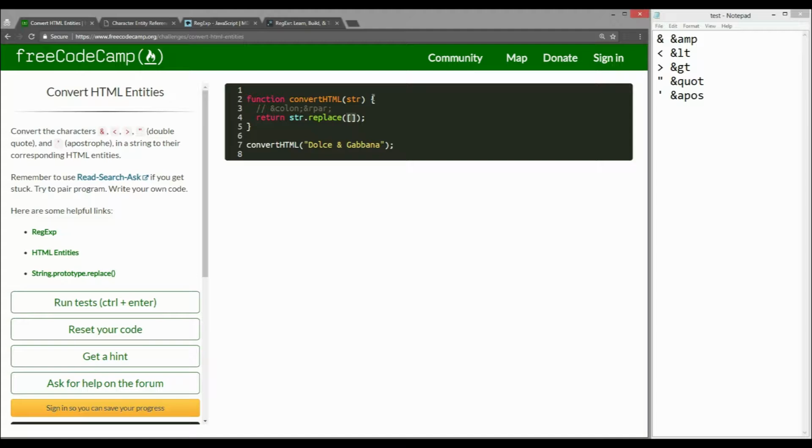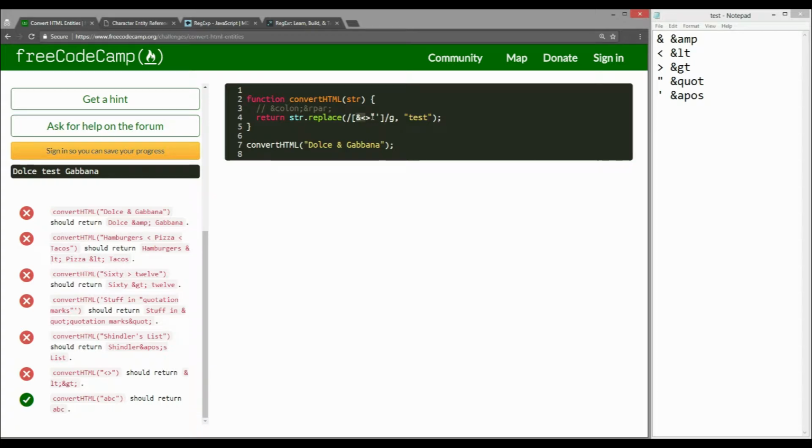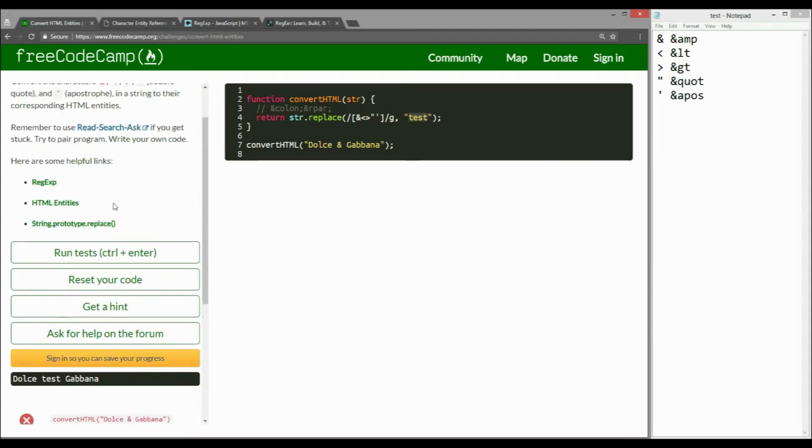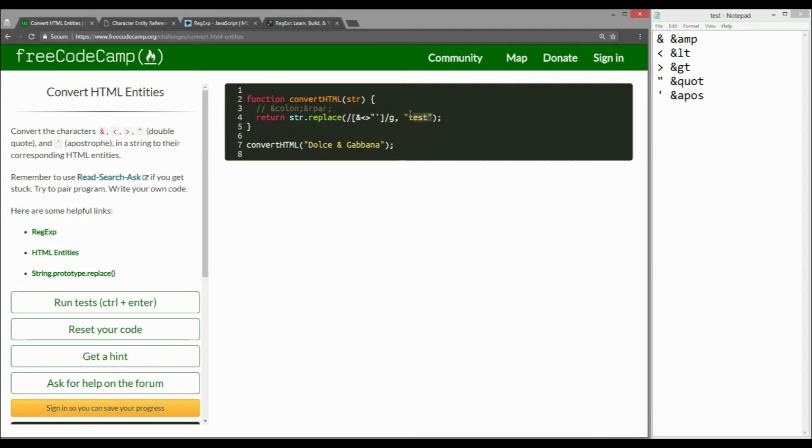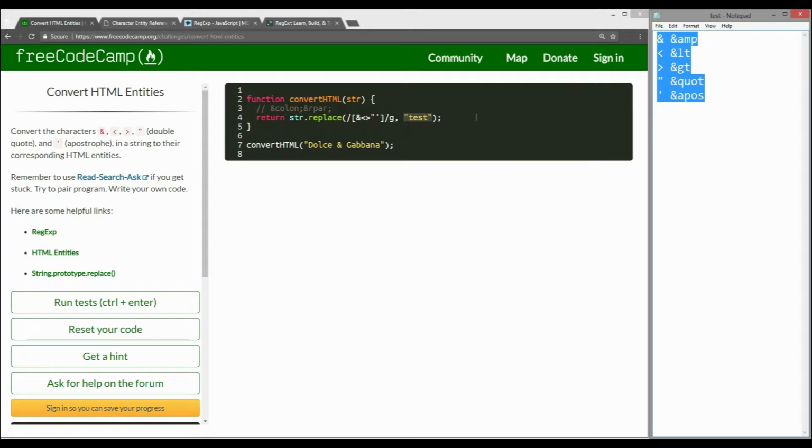So string replace takes regular expressions to do this. We're going to do a global search, and whatever we want to match goes in between here. In here you have a character set for ampersand, less than, greater than, double quote, and apostrophe. And once we find it, what do we want to do? In here, rather than typing a string, for example you can just type test and run it, and you would see how as soon as it finds any one of the characters, it replaces it with test. But here, instead of replacing with a certain string, we have a bunch of values depending on what this value is. So